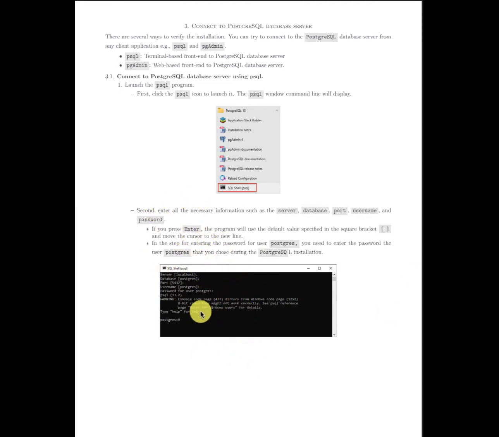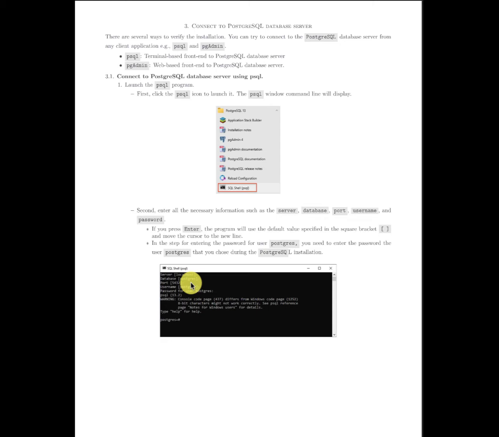Then once you log in here, psql is going to ask you for a lot of information. For example, what is the name of the server? Where is the data going to be located? In our case, it's going to be on the local machine. If the data we are trying to connect to has an IP address, so remotely, you have to specify the exact address. But in our case, just press enter. This means you keep the default value, which is the one between the square brackets. Then after that, the database name,